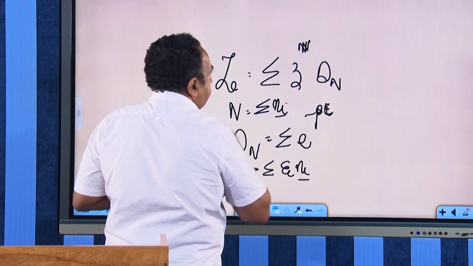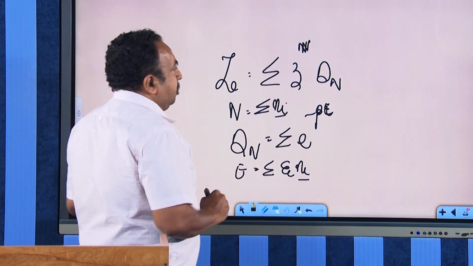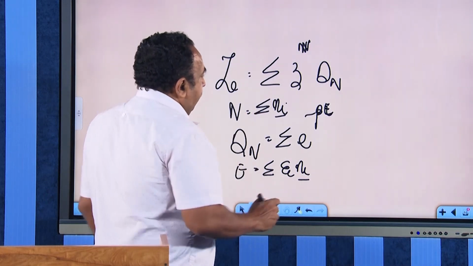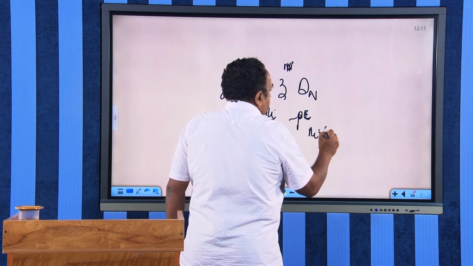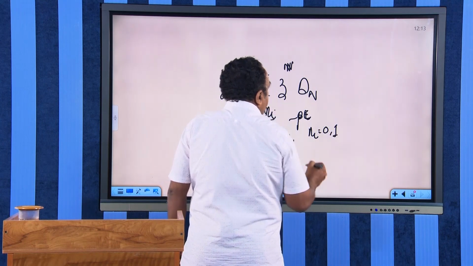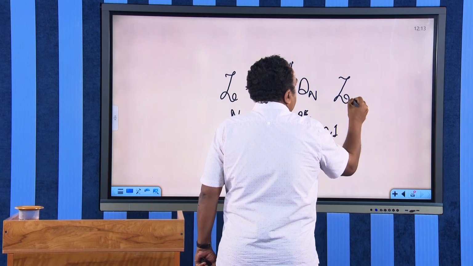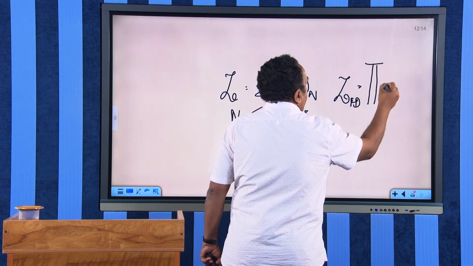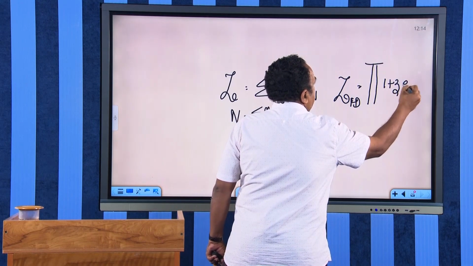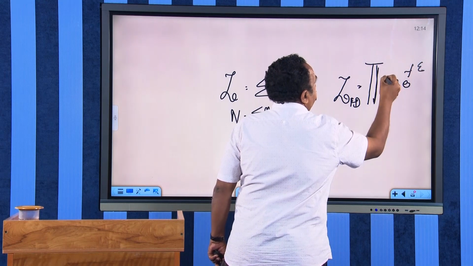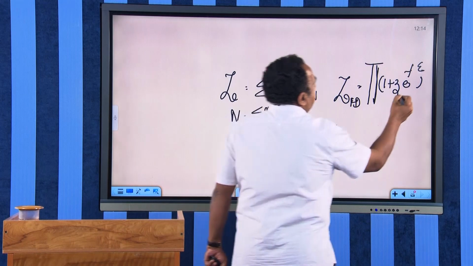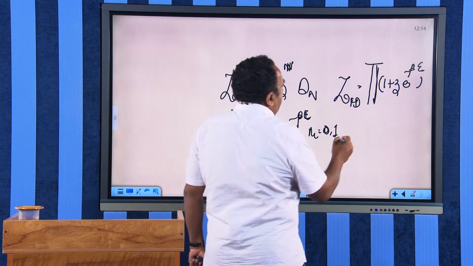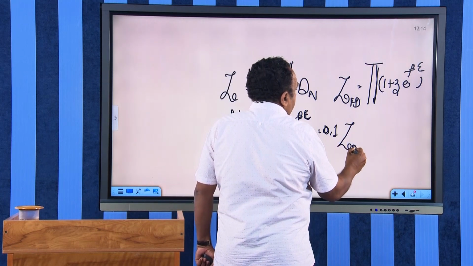This ni is now the occupation number. I will put this back into the expression, and then I will get ni. When I simply substitute these values, with ni equal to 0 or 1, I will get a new partition function Z, which I will call the Fermi-Dirac grand partition function, which will be the product of 1 plus z e raised to minus beta epsilon.